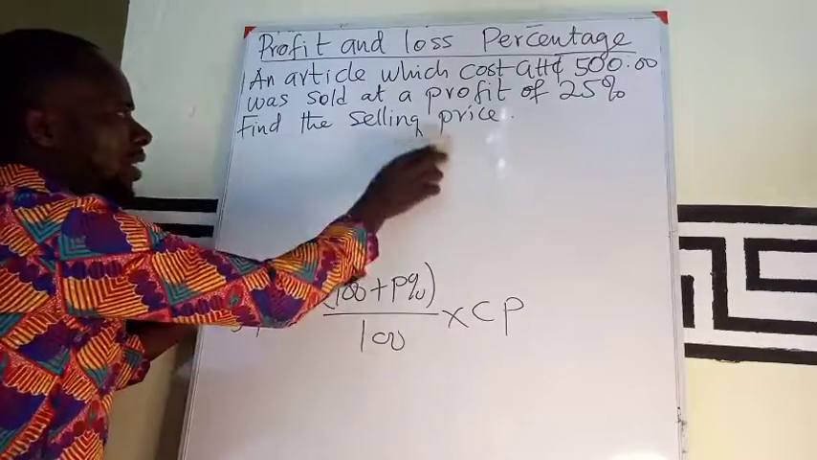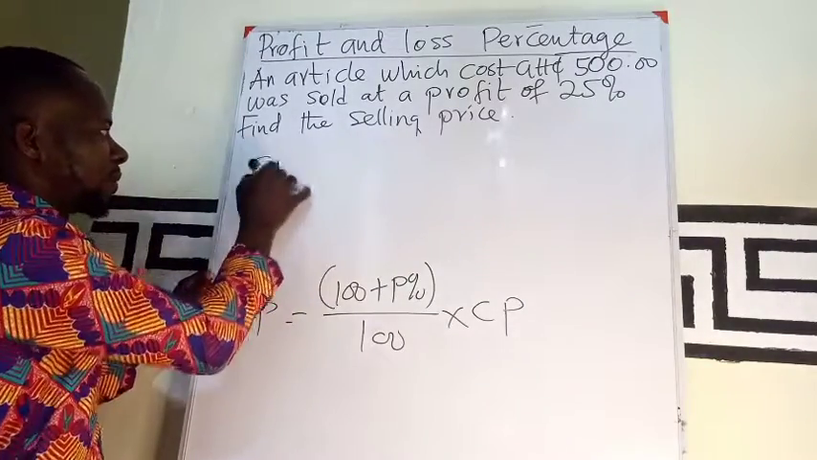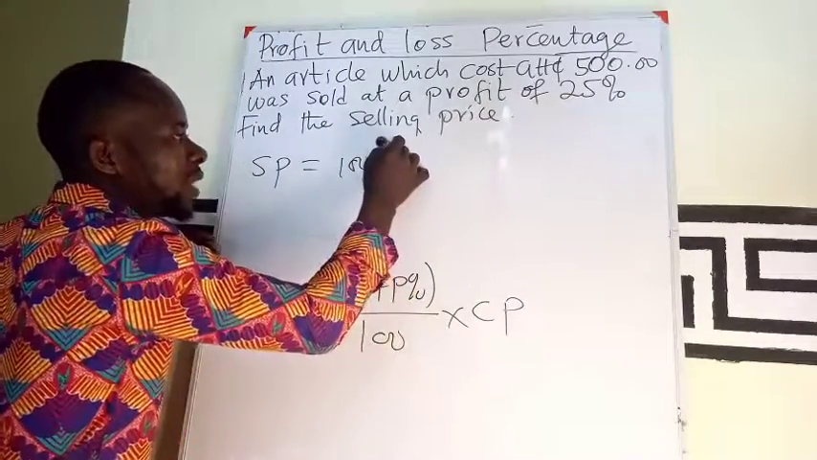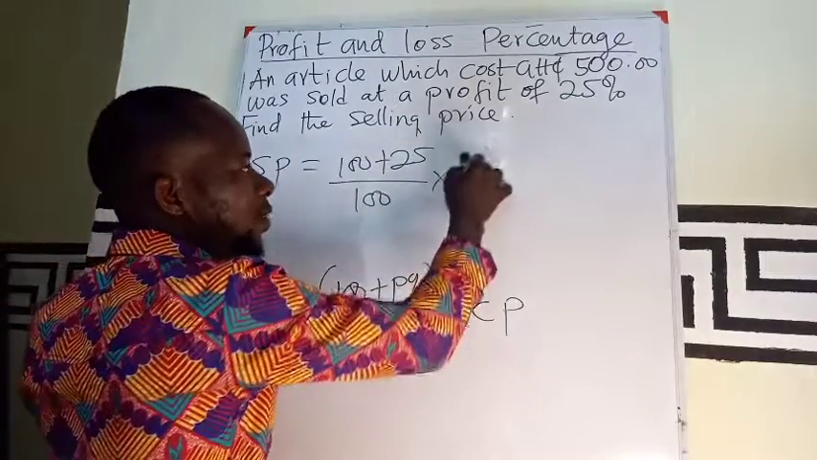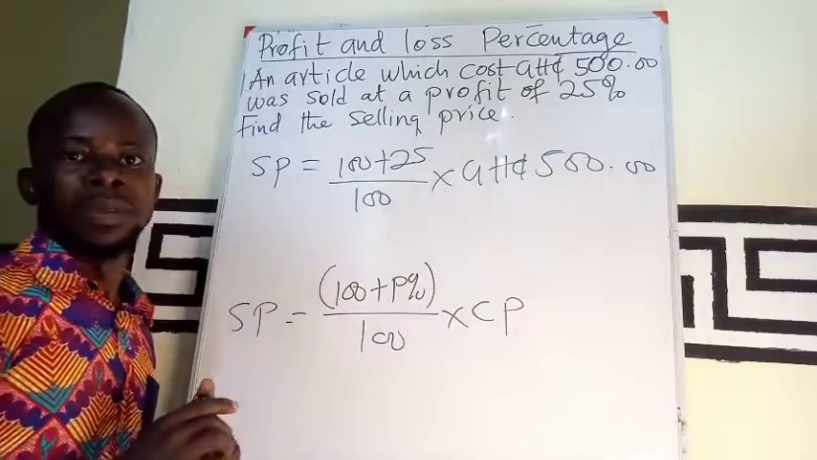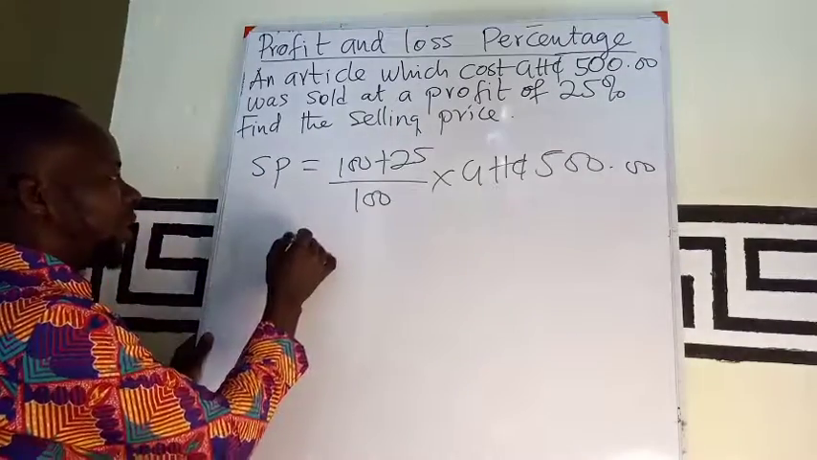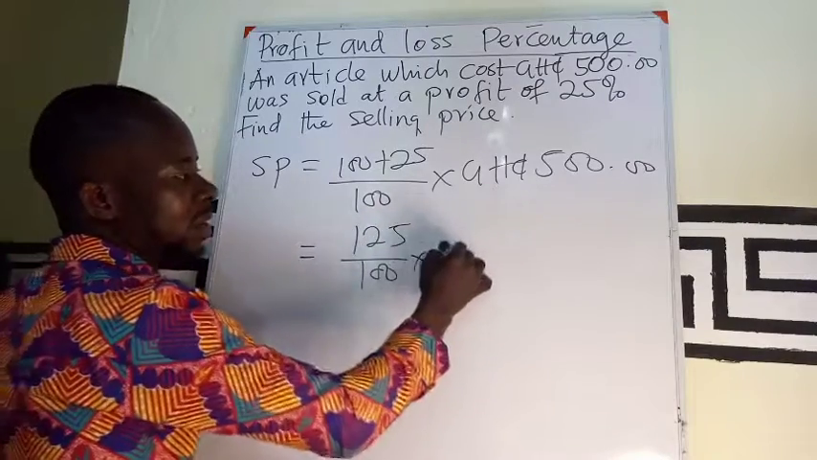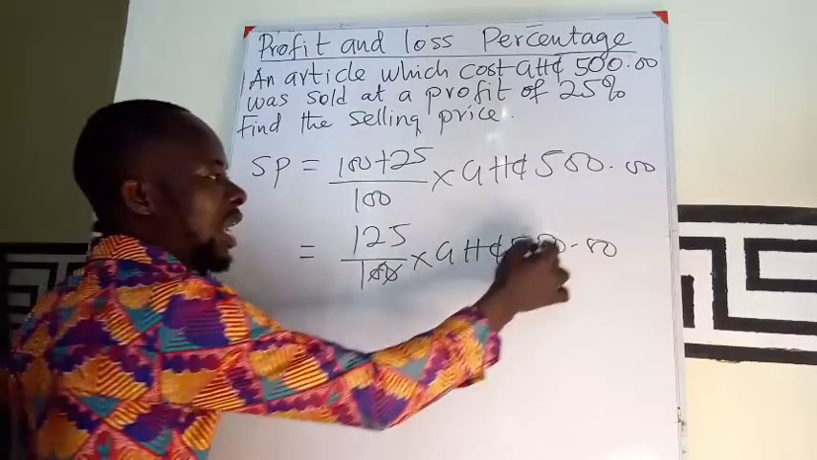That is the formula we normally see under this. So if I'm looking for SP, the selling price, it is 100 plus P percent, which is the profit percent in the question, 25, all over 100 times the cost price, which is now 500 Ghana cedis. So my SP is going to be 125 over 100 times 500. So 100 will cancel